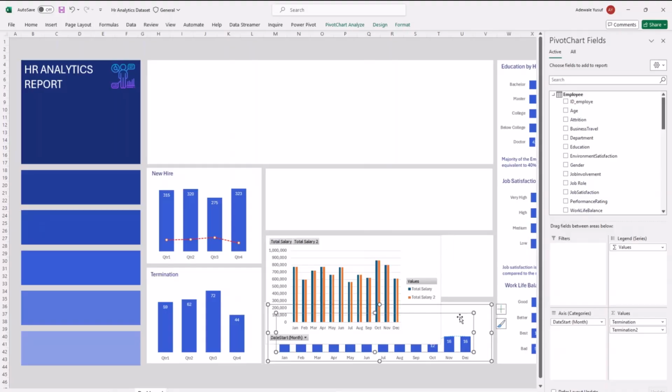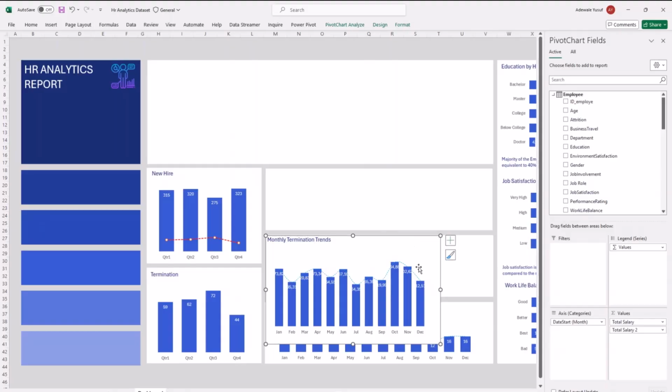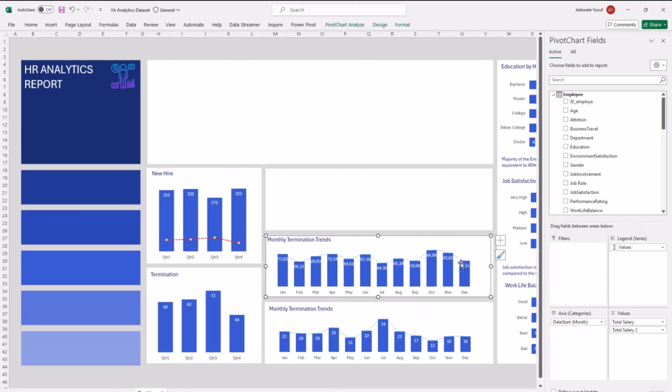So once I copy this guy, look at this. I'm just going to copy this guy and put it on this guy. You see the magic. Can you see that? So I don't need to recreate or do the formatting again, which is going to take a lot of my time. So I don't need to do that, right?